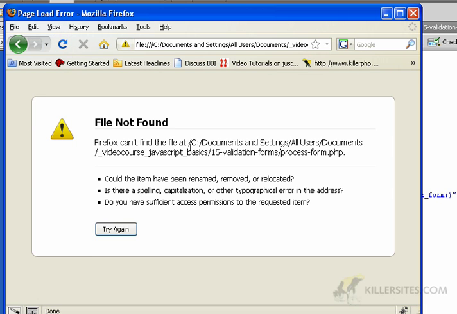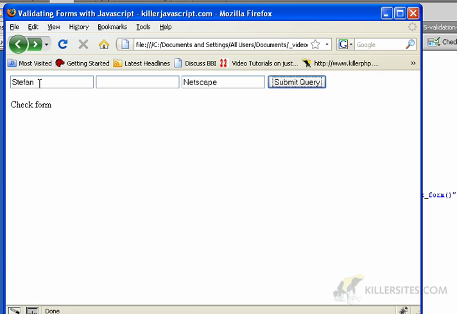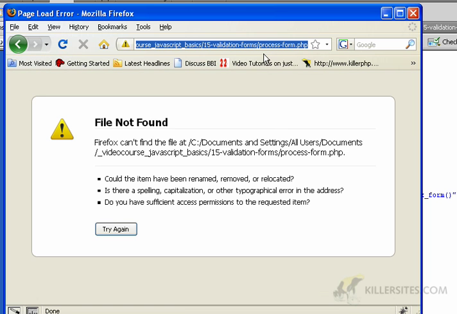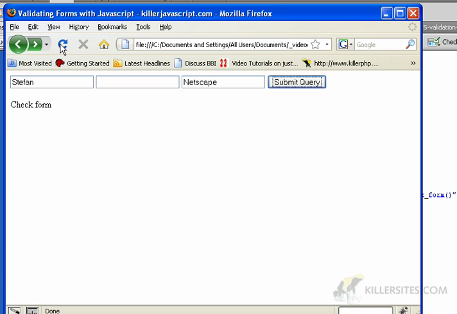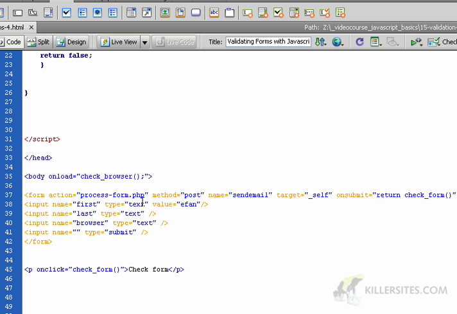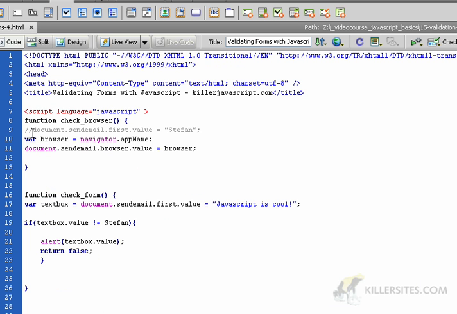And as you can see, it keeps submitting the form, right? We know we submitted a form because you see it goes to process-form.php, which is our target attribute here, right? Process-form. So let's now uncomment this, and we're going to change it to